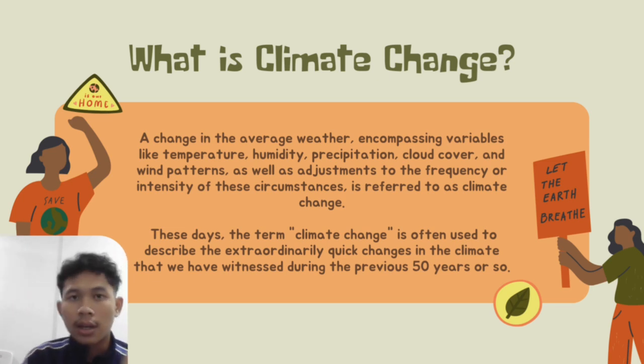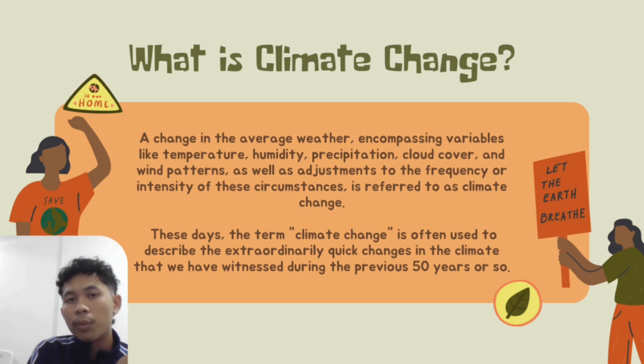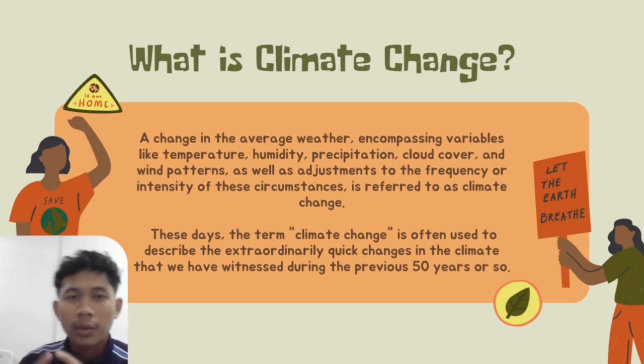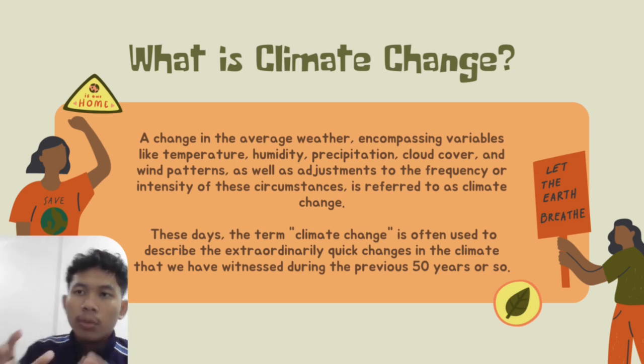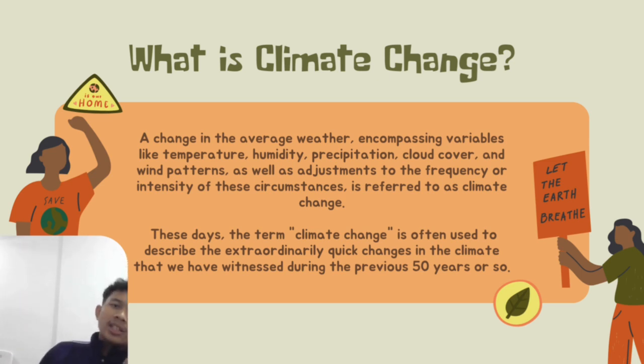For example, like Antarctica, the ice is melting and everything, you know. So why? Because global warming changed the Earth's climate, and also because of human activities, all the carbon dioxide that has been produced from cars and from factories and stuff. This is what caused the greenhouse effect to take part, and it caused global warming and also caused the climate to change. Now, what are the impacts of climate change that we are seeing right now?